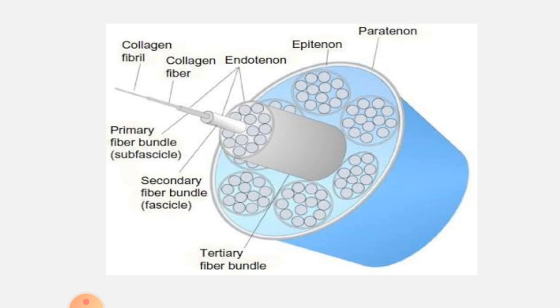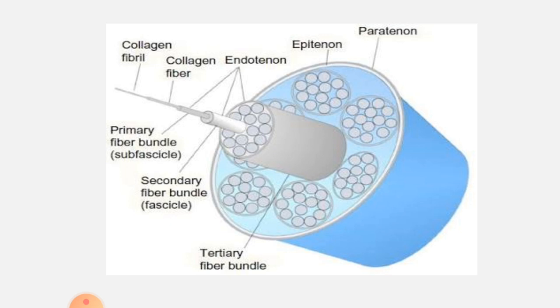The first structure, which is the primary fiber bundle, is basically the subfascicle structure. That means the various collagen molecules have joined or aggregated to form the collagen fibril, and these collagen fibrils then aggregated to form the collagen fiber, and these collagen fibers basically have grouped to form the fascicles, and these fascicles you can see are parallel along the long axis of the tendons. So we can call them the primary, secondary, and tertiary fiber bundle.